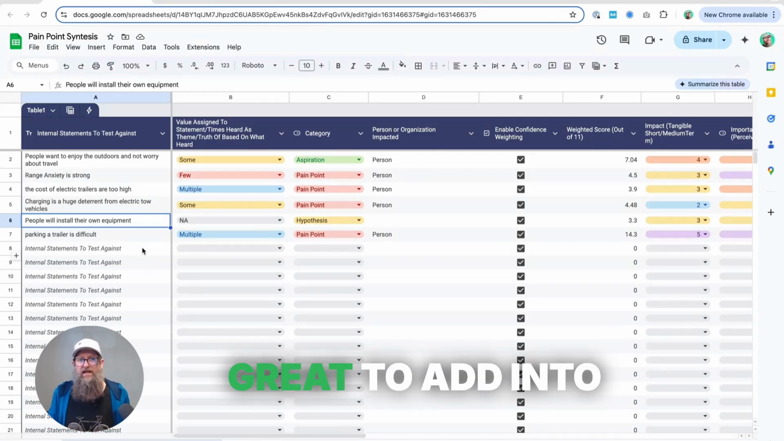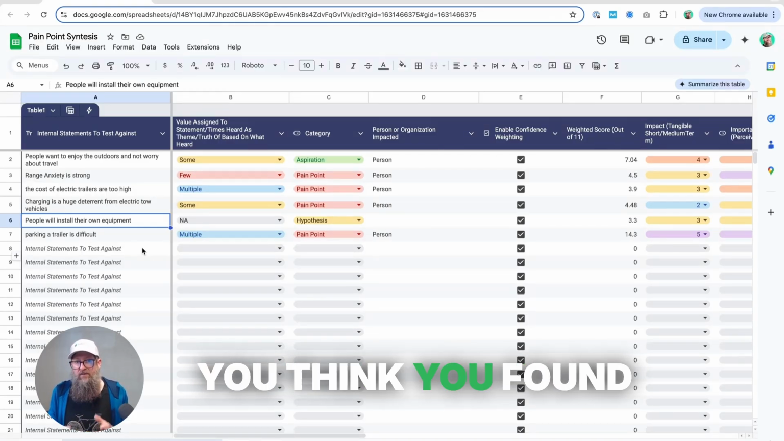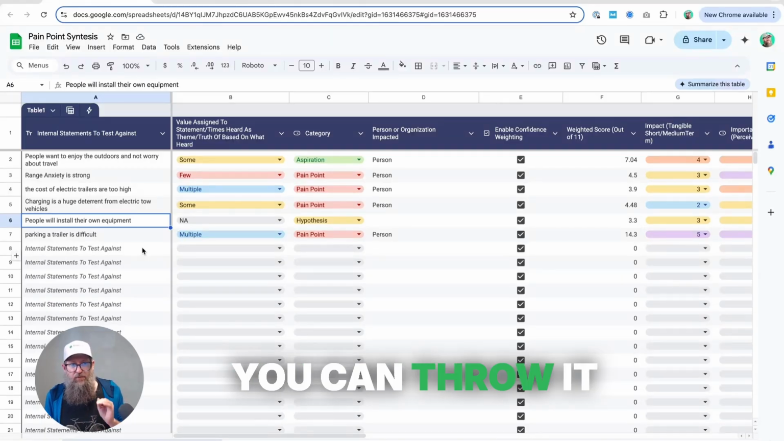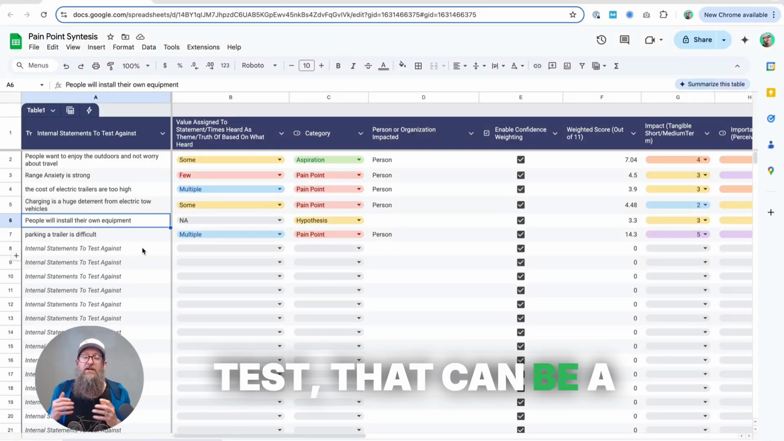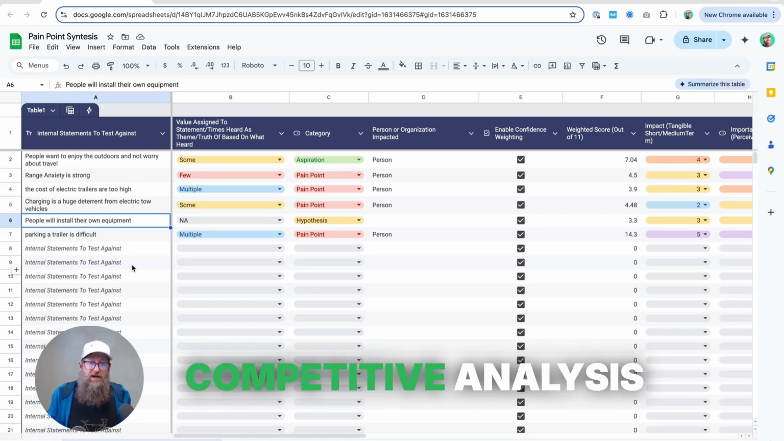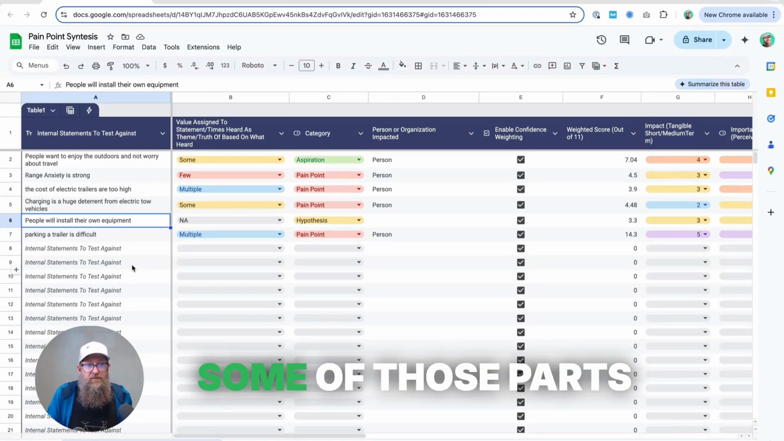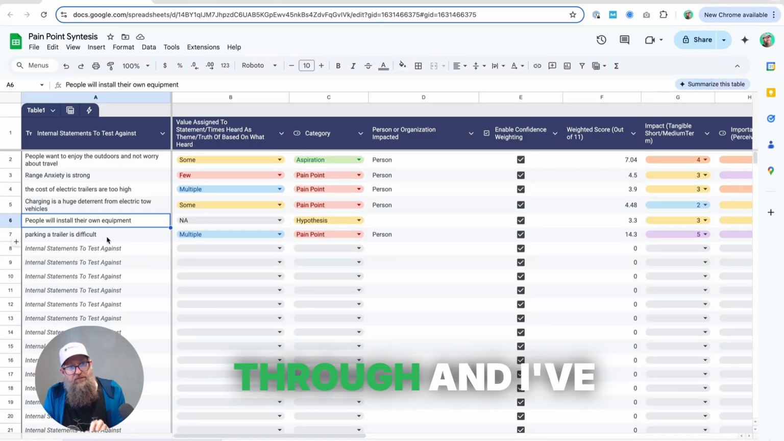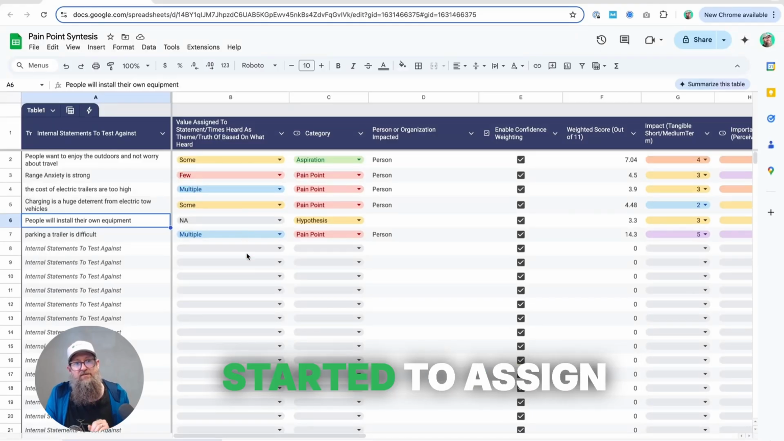And those things are great to add into this list, because if you think you found a differentiator and you can throw it in here and we can test, that can be a huge win for you. So again, I strongly recommend doing our competitive analysis piece so that you can start throwing some of those parts in here as well. Once I've gone through and I've added all my statements